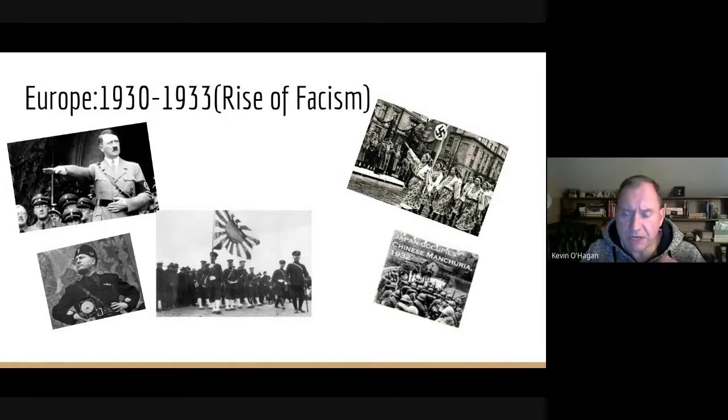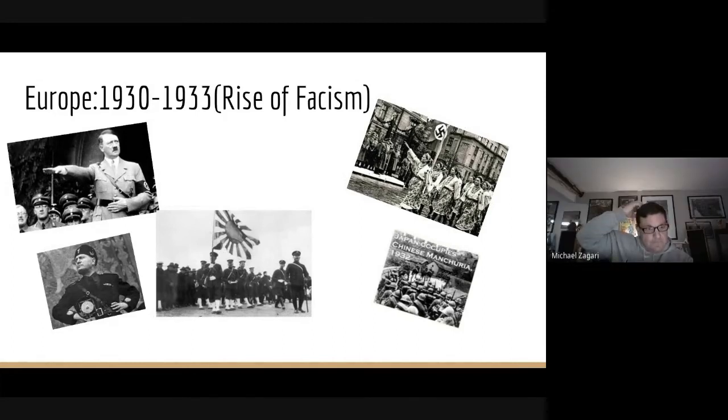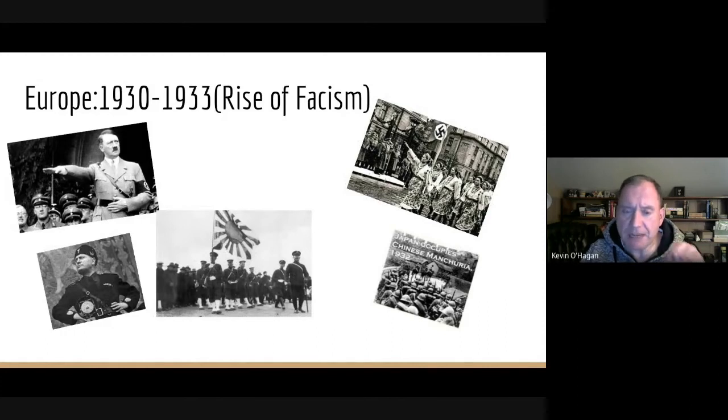And I'll just piggyback something quick on that, Zags, which is that we've been talking about the impact of the Depression domestically on the United States. Well, here's the impact of the Depression on these other countries. And it's one of the reasons that Roosevelt was so concerned. It's why so many of the leaders were so concerned in America, because they saw these kinds of governments taking root in other places. And Roosevelt's fear was that if we didn't get our economic house in order, it is very, very easy for us to have fallen into this same trap.